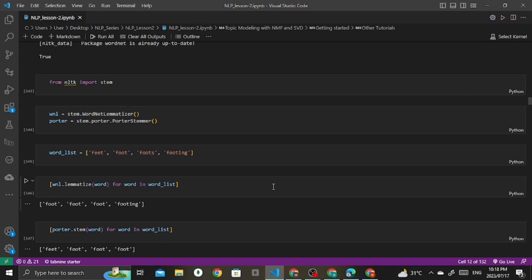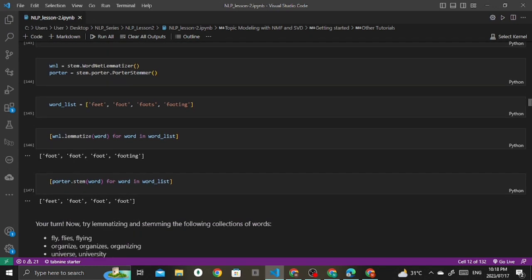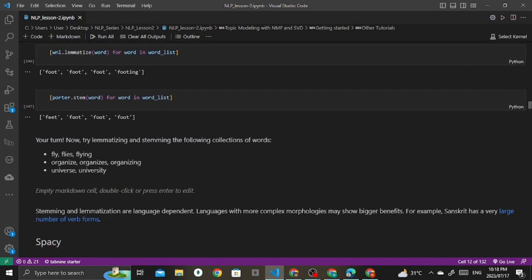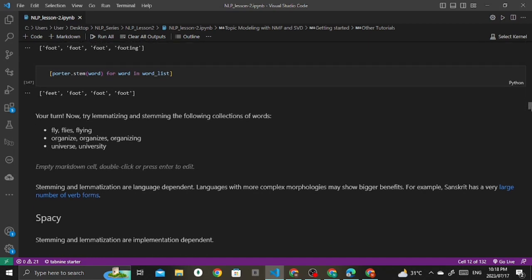So now I want you guys to try stemming on your own. Here I got an exercise for you actually. I want you to try stemming and lemmatization with these words: fly, flies, flying, organize, organizes, organizing, universe, and university. So you can try this, and then